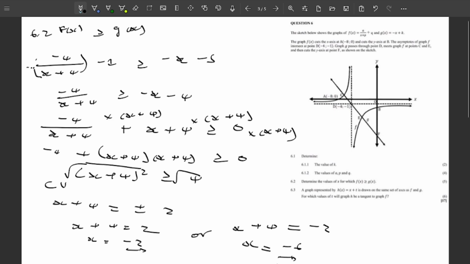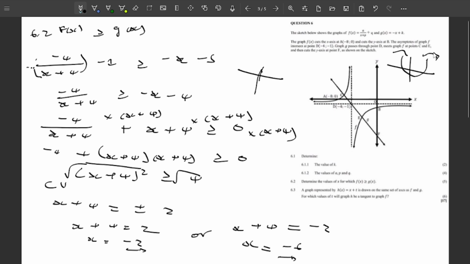Now we have to find the interval. We can't just leave our answer like this. So I always recommend my students use the graphing method to find it. I'll draw it here. So the graphing method, you would then say like this. They said it's greater or equal to. So if it's greater or equal to, this means we're gonna